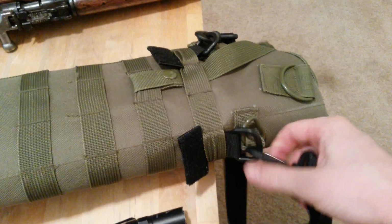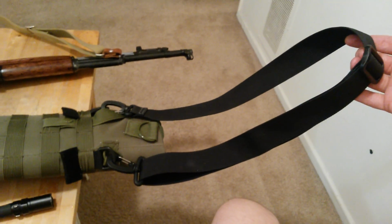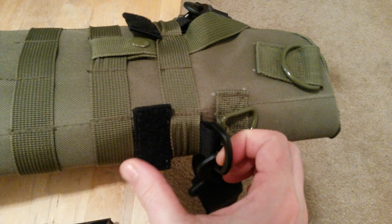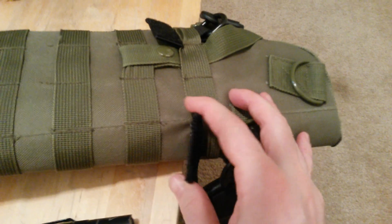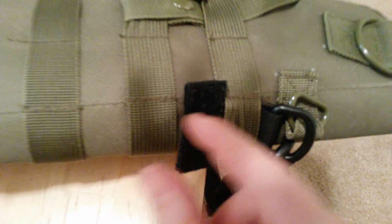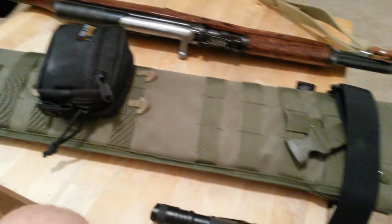I did add some Maxpedition elements. This is their 1.5 inch shoulder strap, and then they have these accessory D-ring mounting points that essentially let you add a D-ring to MOLLE webbing. These actually are pretty decent. They're not going to fall apart from the MOLLE. Now, is this stitching going to fall apart? Time will tell. I give it a 50-50 chance. I wish